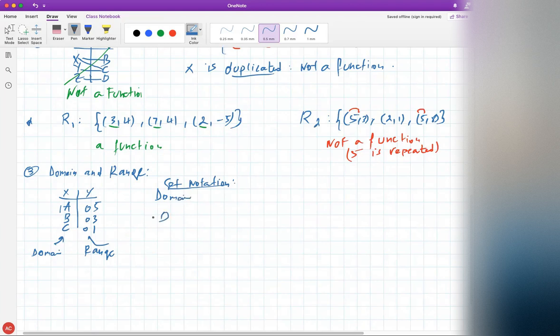Sometimes we use just a letter D. So domain followed by colon, and then curly braces. And what do we list here inside the curly braces? What are the elements of the domain? That's right. All these elements separated with commas. A, B, and C. So the domain is only these together. And the range, of course, is the other set, which is